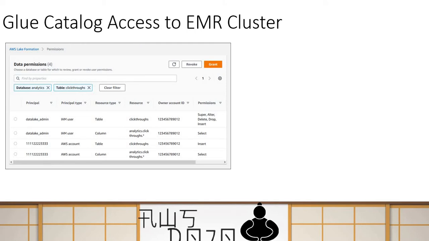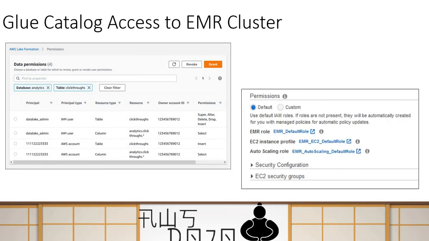So when I'm trying to access data from the EMR cluster, what permission do I need to set up? In this case, you will be using the EC2 instance profile. Your EC2 instance profile is an IAM role under which the EC2 instances of the EMR cluster run. And this role should have permission to the tables over here.